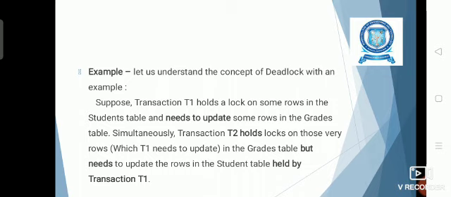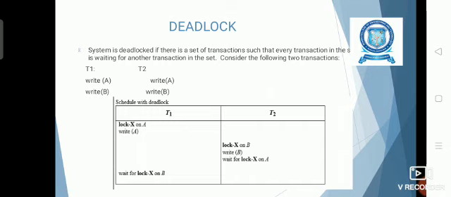At the same time, transaction T2 holds the lock on data item B, writing on B, but it is waiting to access A. So here the complication is A is currently locked by T1. T1 is waiting for B, but B is currently locked by T2. So none of the transactions can complete its execution because the wanted data is locked by another transaction. So this situation is called a deadlock situation.